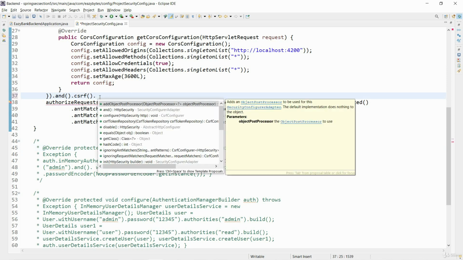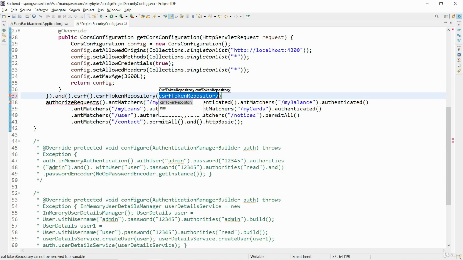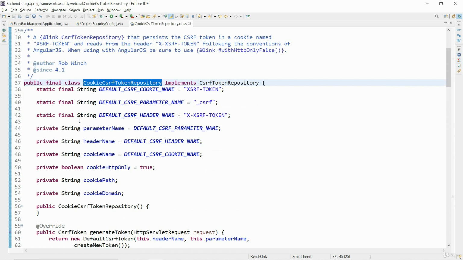Instead of disabling, call the CSRF token repository, which will accept any implementation that generates CSRF tokens and passes them on to the UI through cookies or any other approach. In this scenario, I will take CSRF token repository, which is an implementation provided by Spring Security by default. We can go and see inside this class. Here, by default, the CSRF token will be generated and passed on to the UI under the cookie name